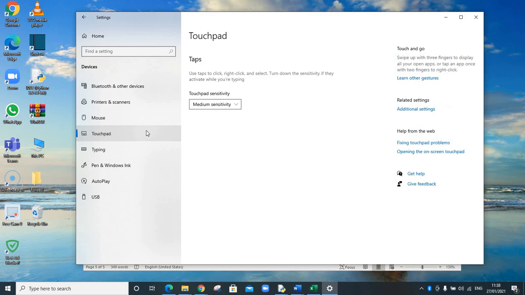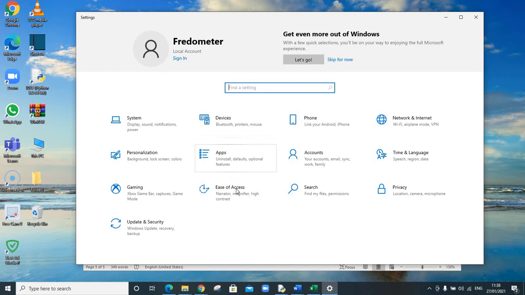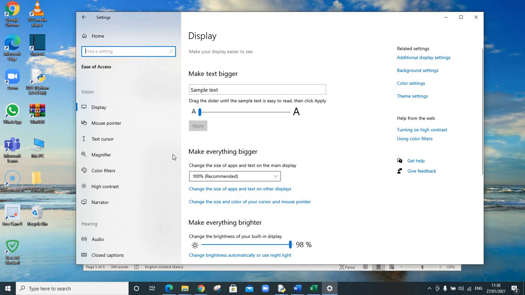And you can check your touchpad if your computer comes with a touchpad functionality. Also typing with keyboard to do some settings that you would like to do, to highlight misspelled words or autocorrect misspelled. I mean, you can do a lot of things here, but let's go back and let's talk about things in the ease of access here. So if I click ease of access, one thing I would want to show first,